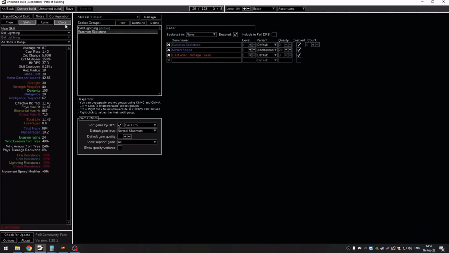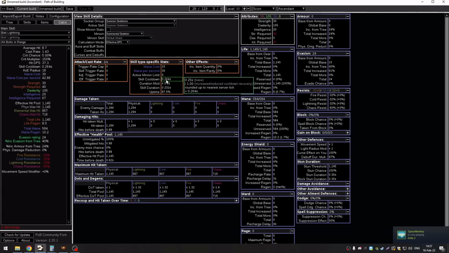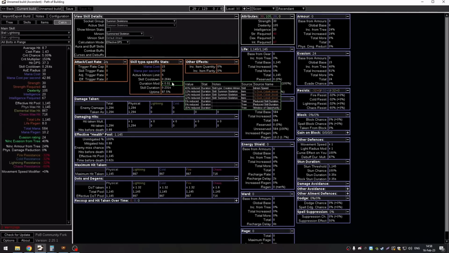So let's check in calculation. When we select summon skeletons, as you can see, skill cooldown and skill duration don't match, and this is the problem, and this is why our loop is not running infinitely. So let's see how we can match those two together.